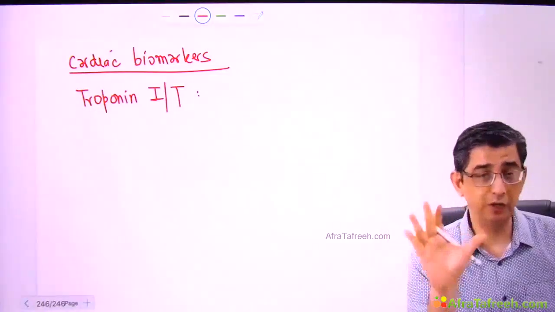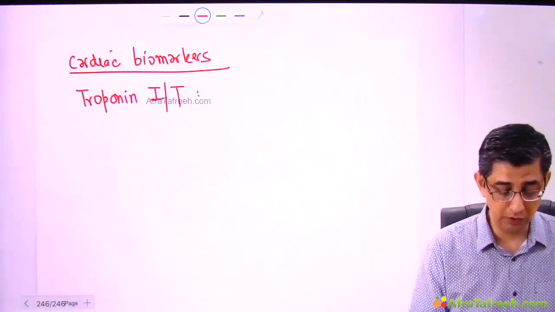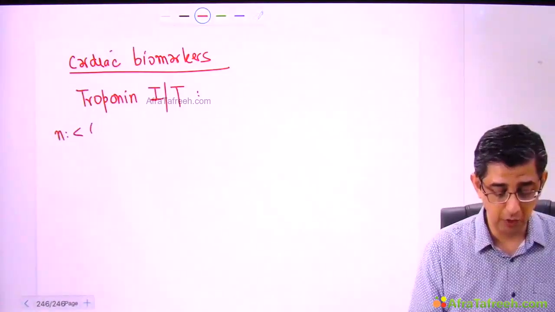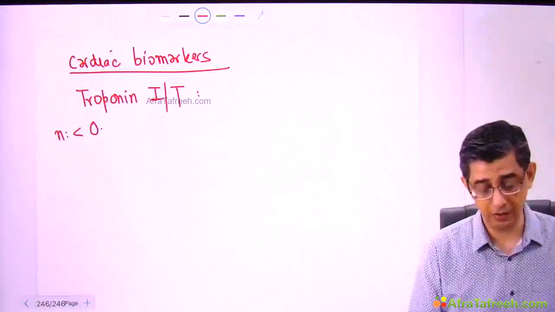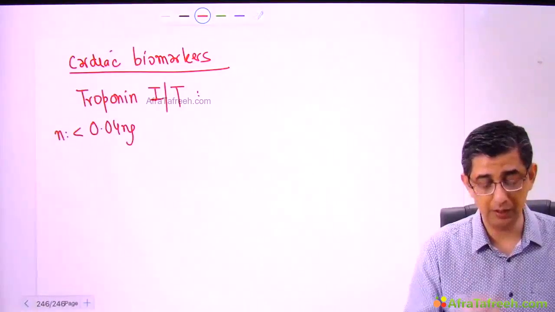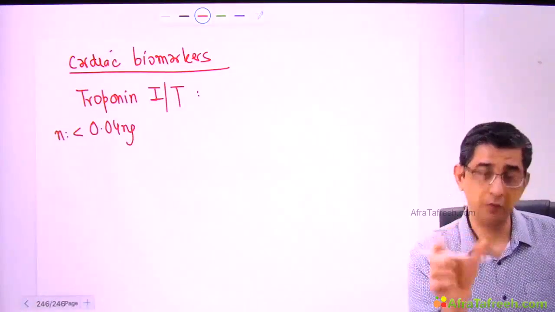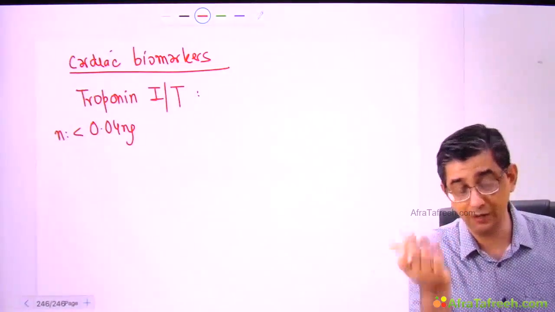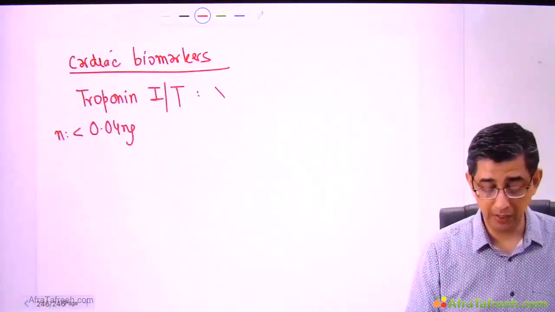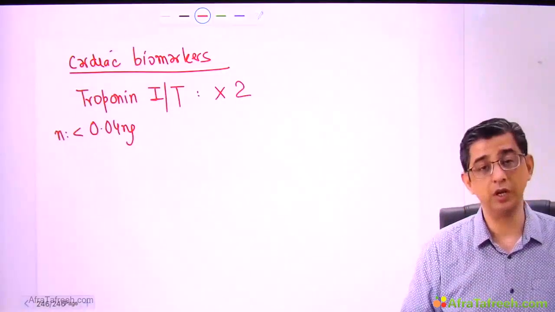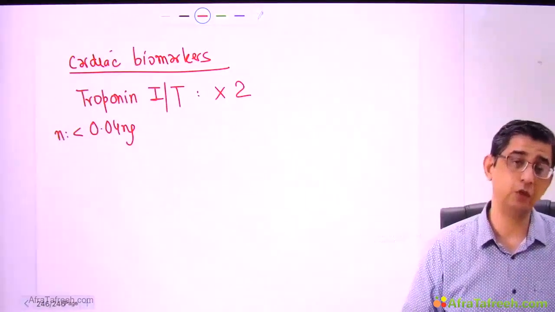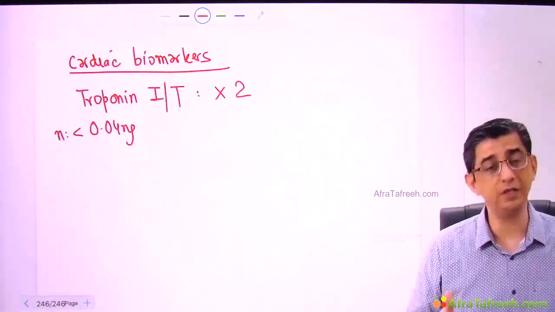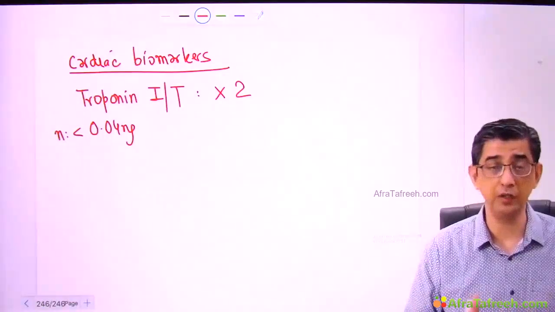The normal values will depend on the kit. Usually you will see some of the kits mentioning the normal value of troponin I to be less than 0.04 nanogram per deciliter. So my point is, if the normal value is given, more than how much would be myocardial infarction, to be considered as significant? I want you to remember that at least doubling should be present. So if the troponin I value is, let me say, 0.08 nanogram per deciliter, that implies yes, it is significant. I'll tell him, buddy, rush to the hospital.